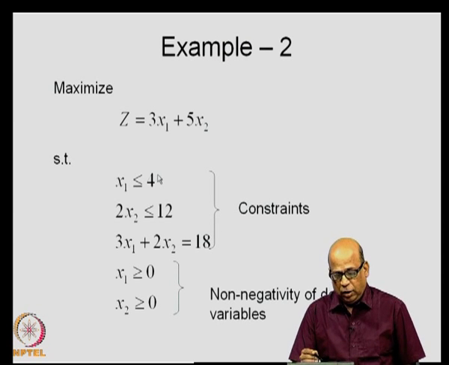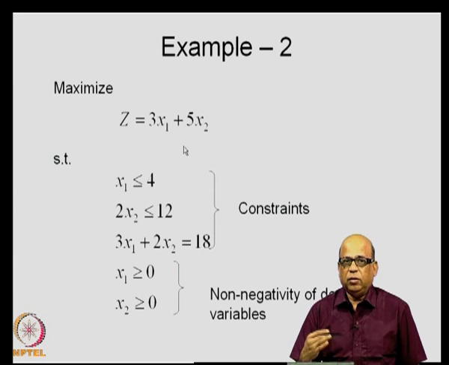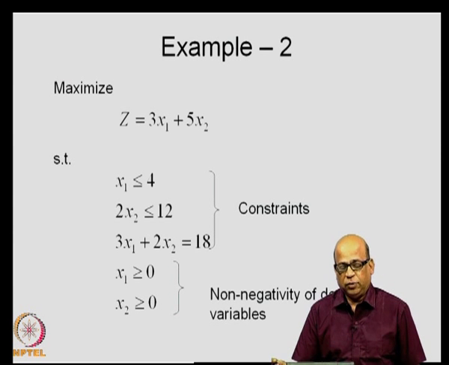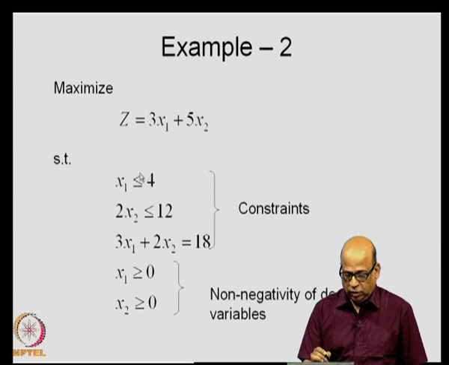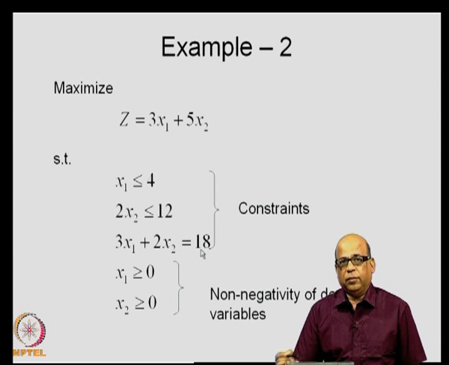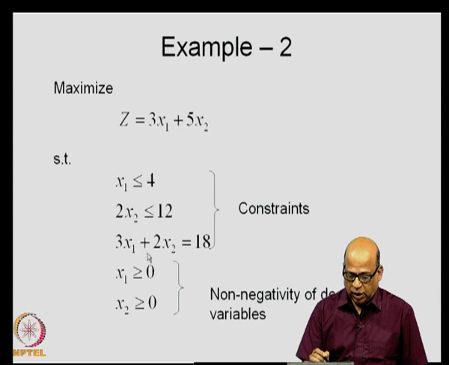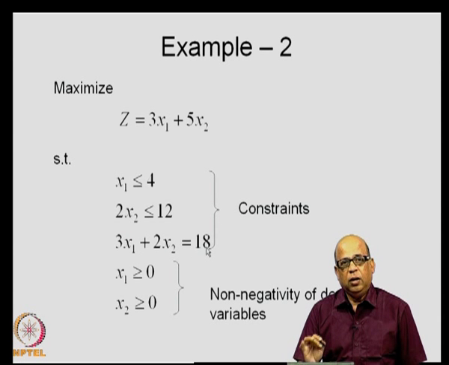Let us say that this is the same problem that we solved using the graphical method. This is the same problem that we solved in the first example using the simplex method in the previous lecture. So, we will take the same example, except that this constraint, which was a less than or equal to constraint earlier, 3x1 plus 2x2 less than or equal to 18, we will make an equality constraint, which means that we do not accept any solution less than 18. We remove the less than; we say that it has to be exactly equal to 18.